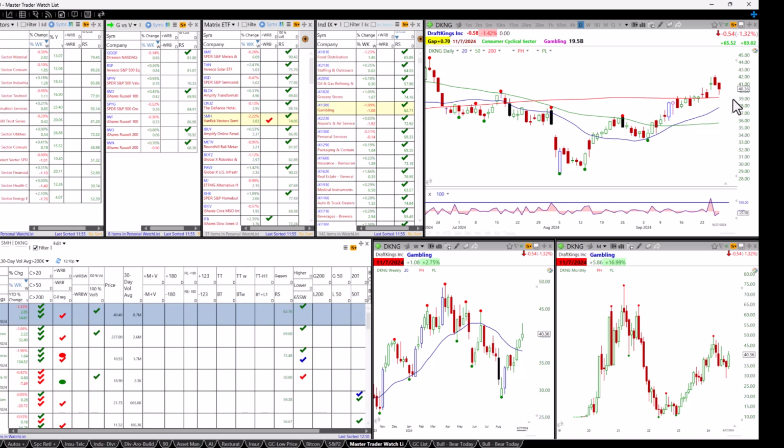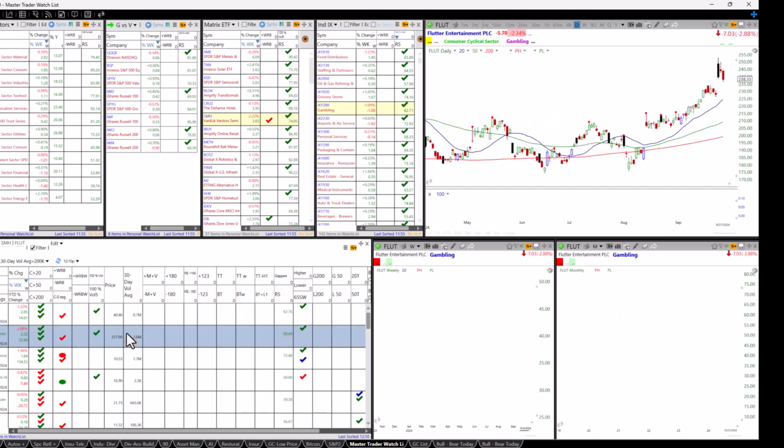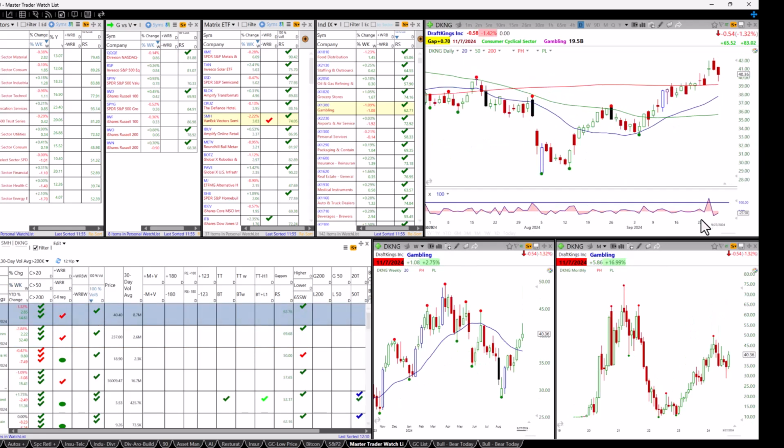Maybe it'll be ready for a turn at the 200 MA. And it came nicely off of the low, maybe a little consolidation, and we can then go through here. But I could also scan and look for whether a big volume spike. So there's a little thing that measures volume spikes here, and that's a good thing because when it broke out above that consolidation, there was a big volume spike.